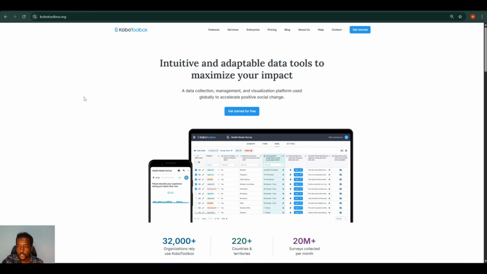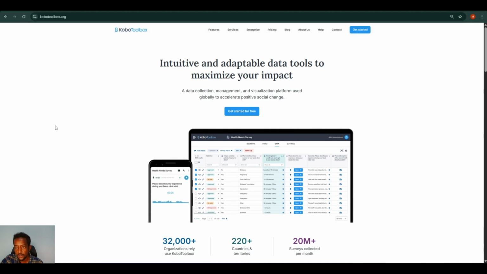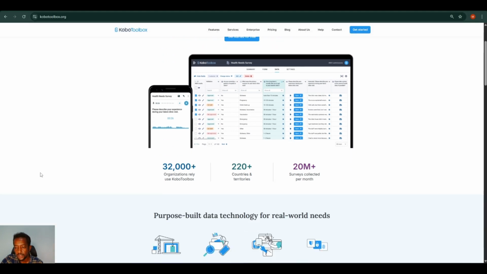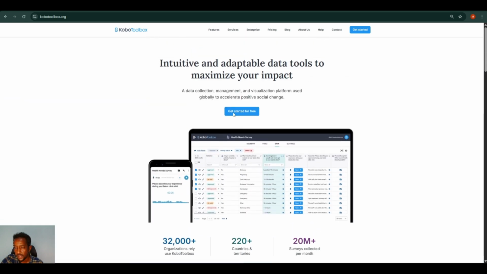In the first approach, as you're able to see now on the KoBo Toolbox, you have to go to KoboToolbox.org. So you land on the homepage, and if you are watching this video, you'll see maybe a similar interface, and if not, then the theme could have been updated, or maybe the homepage has changed. So click Get Started for free, and then